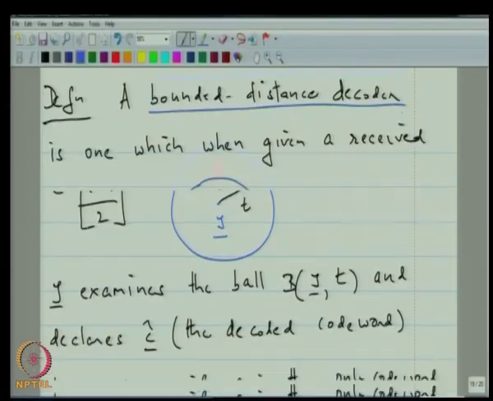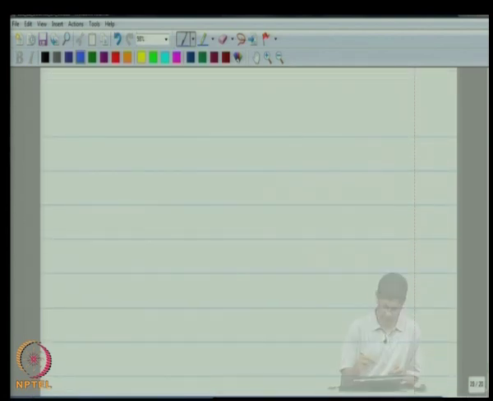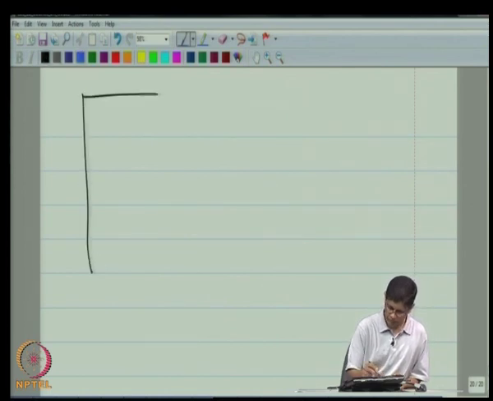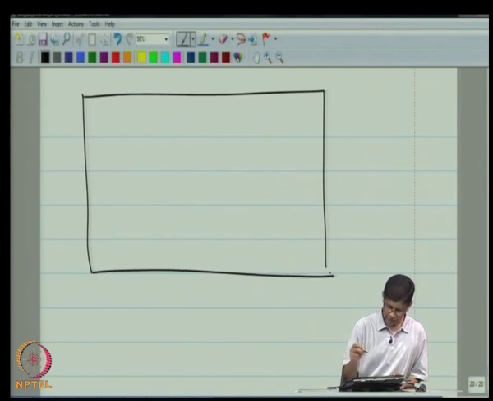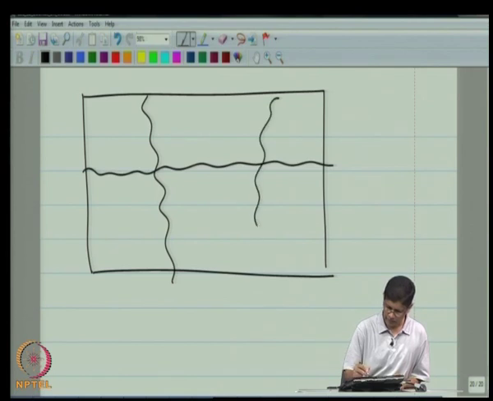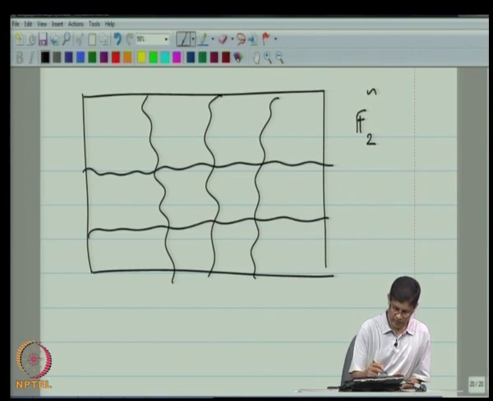I mean, what other kinds of decoders are there? This sounds very logical to me. So what an alternative decoder might do, and we'll actually be coming to this soon, is the following. It might just partition the set of all n-tuples, so let's say this is F2 to the n, into regions and say that, look, if the received vector is in here, I am going to decode C1